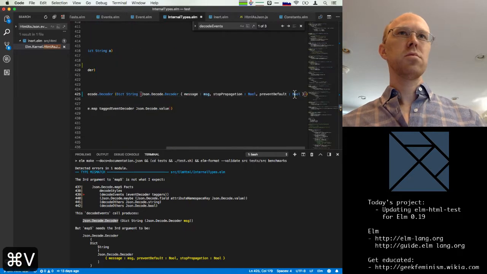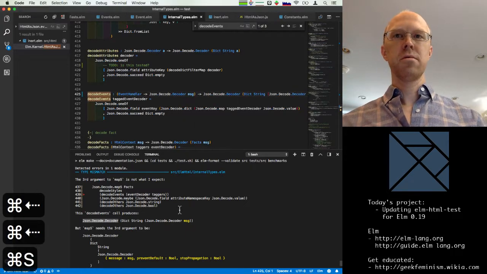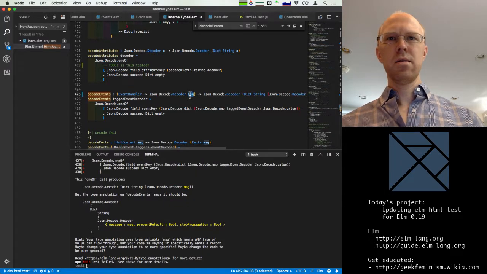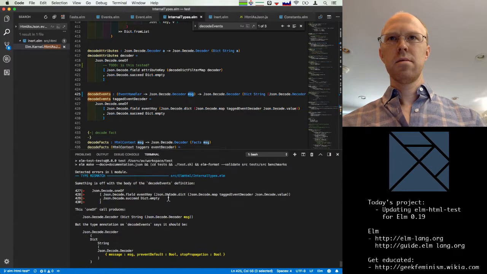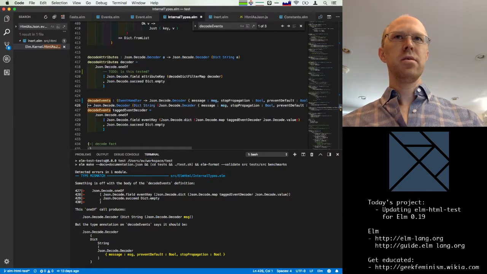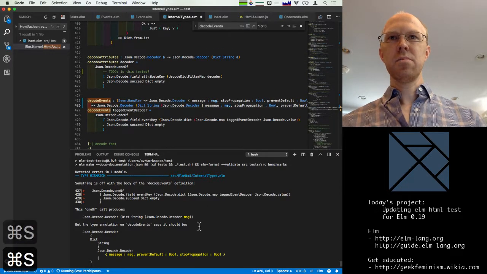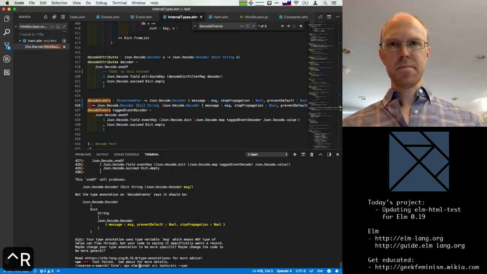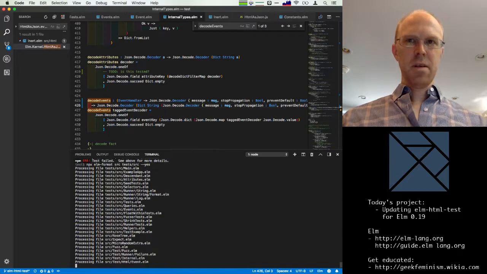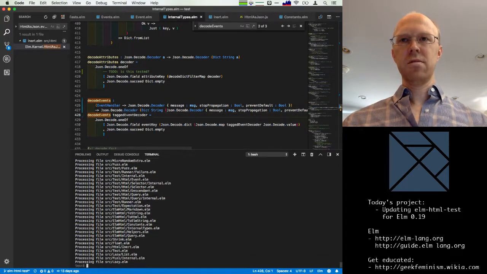We want to return this entire record now. And I think we may also need to put that here. Yeah, okay. This type annotation is getting to be kind of a mess. But that's okay, we can refactor this later.